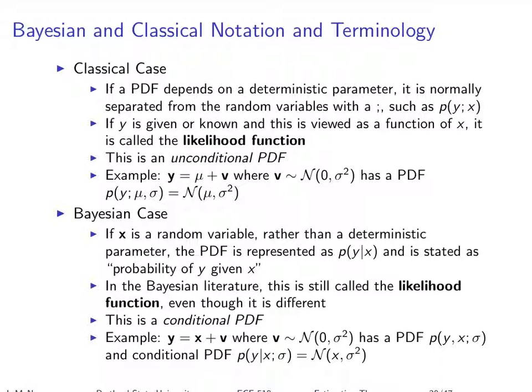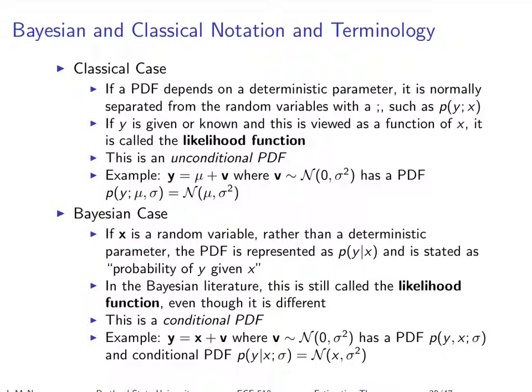There's some notational weirdness and redundancy, or maybe I should call it overloading, in this class that you should be familiar with. In the classical case, once again, we're trying to estimate a deterministic parameter. We don't know what it is. You can think of it as like a mean of a distribution, as an example. Or if you took nonparametric estimation, you can think of it as maybe a power spectral density, or an autocorrelation function, or a cross-correlation function.